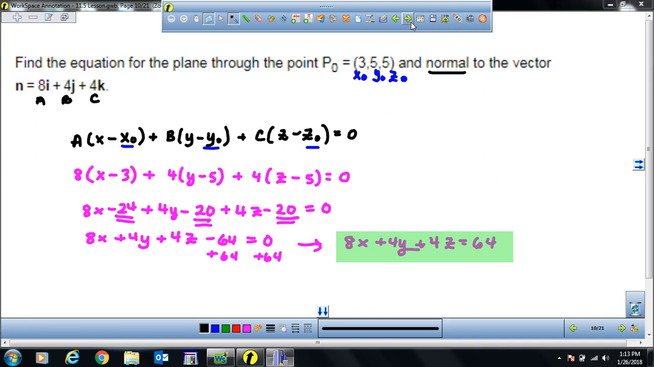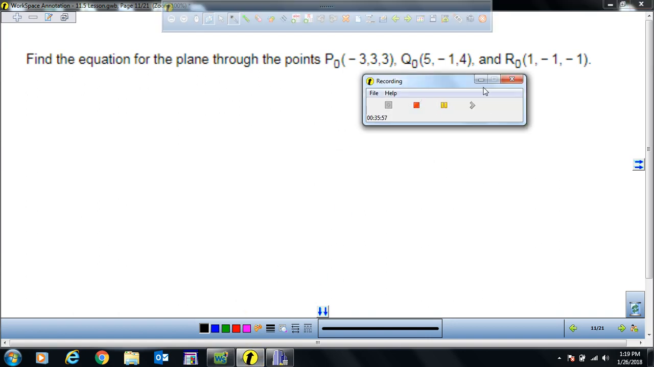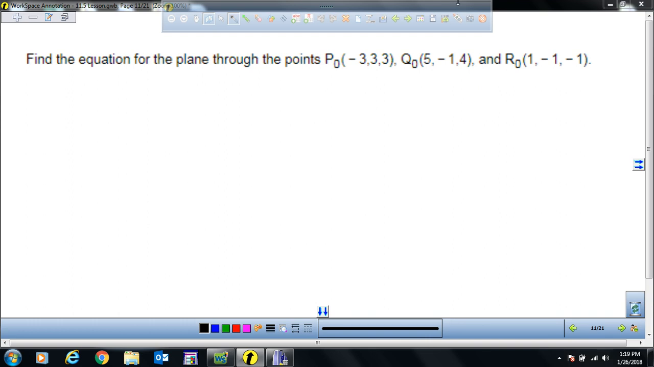Next, find the equation for the plane through these 3 points. Remember that one thing we discussed before is that if I just get 2 vectors, PQ and PR, from P to Q and from P to R,